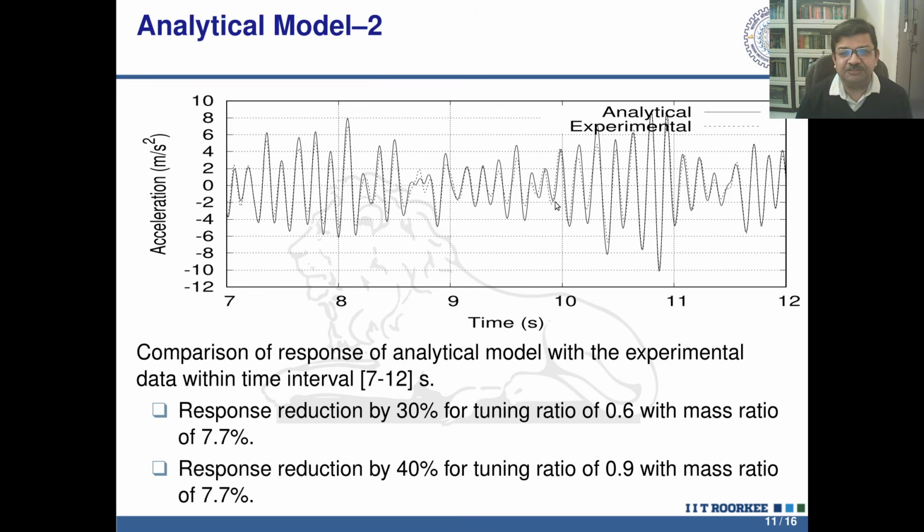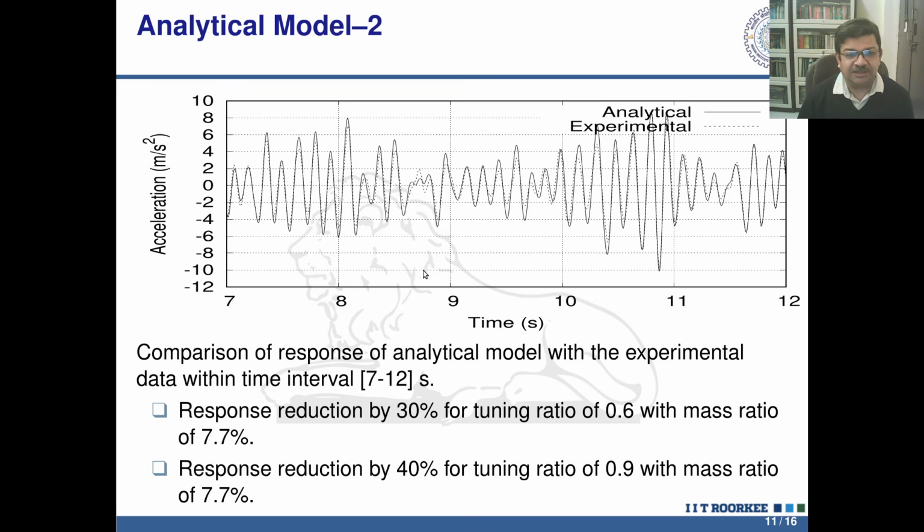It's a single degree of freedom system, so we are only trying to model a slight modification, a perturbation of the single degree of freedom system result by these small oscillator masses. So not much deviation between the analytical and